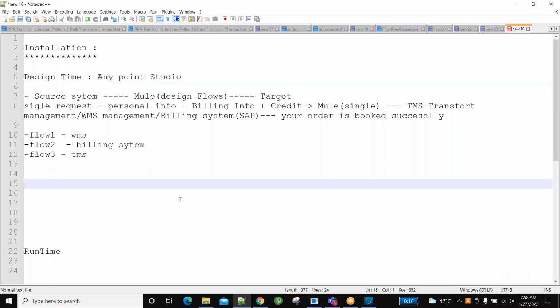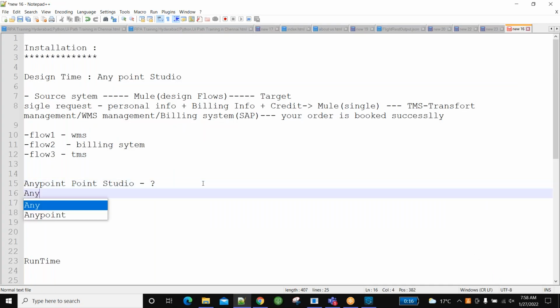So, Anypoint Studio. Now, from where do we have to get this Anypoint Studio? That is the next question, right? From where do we have to download it? For downloading this tool, you need to have a trial account on Anypoint Platform.